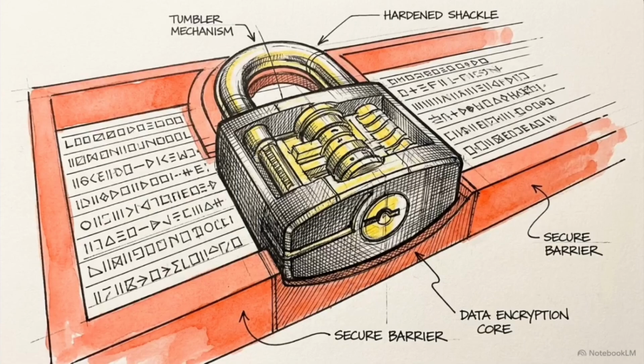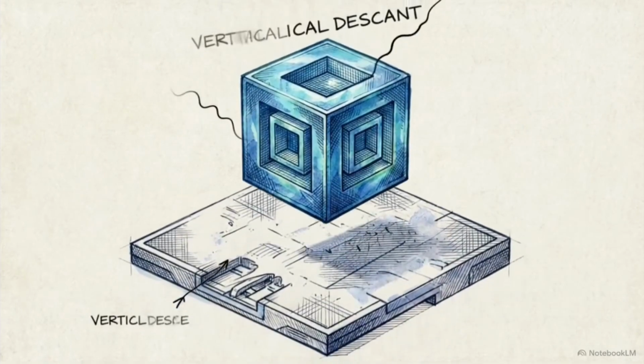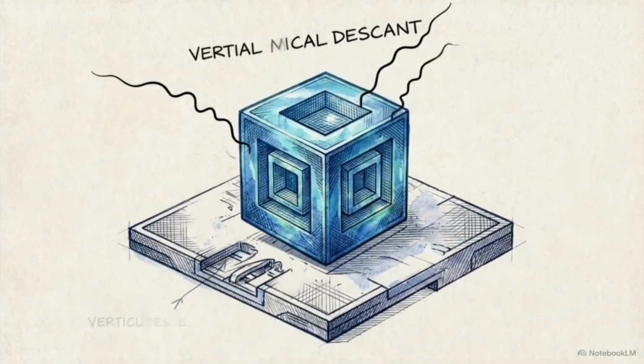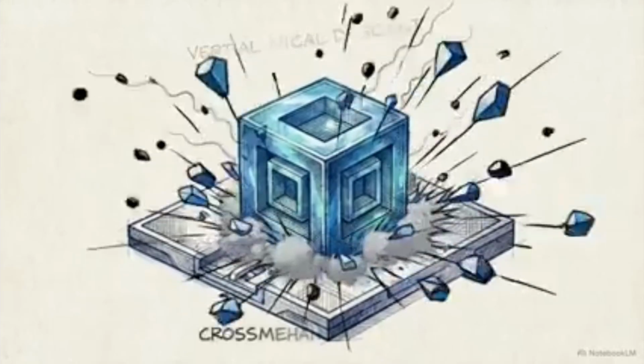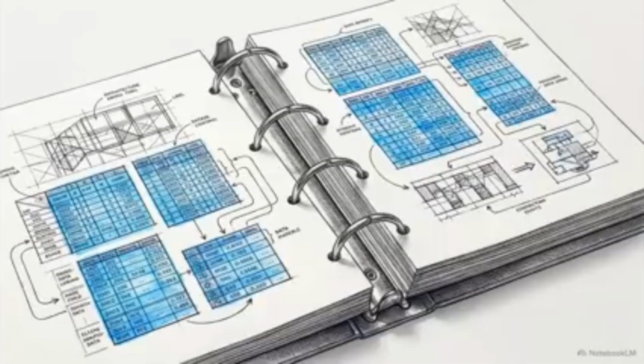This leaves us with a difficult engineering problem. How do we construct digital records that are completely permanent and mathematically impossible to tamper with? To achieve that level of certainty, we have to completely abandon the idea of a central master vault. Imagine a digital notebook. When new data is generated, it is written onto a page, and that page becomes a permanent, immovable fixture. In this architecture, each page is called a block.